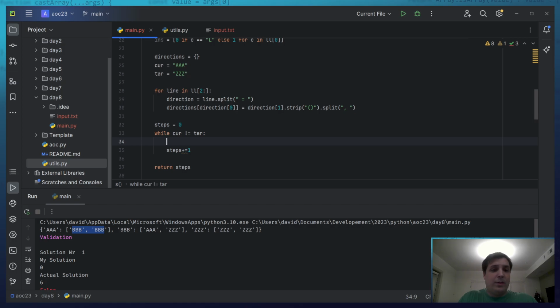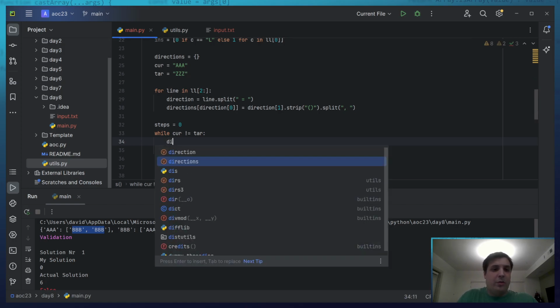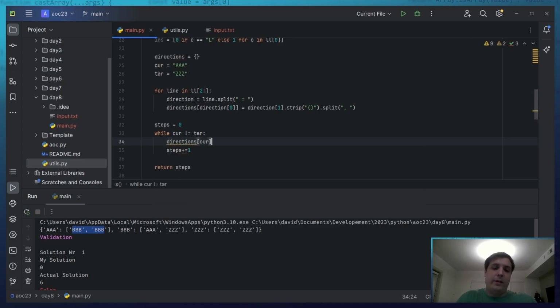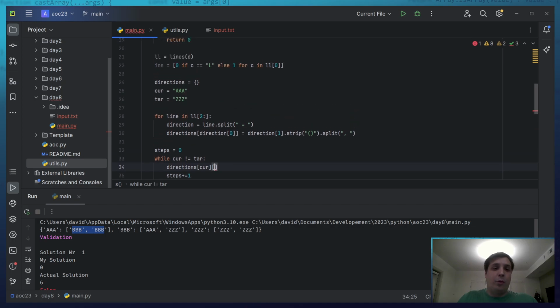Every time we do a step, what we really want to do is go to directions of current, and then we want to go through our current instruction. So we want to keep track of which one our current instruction is.